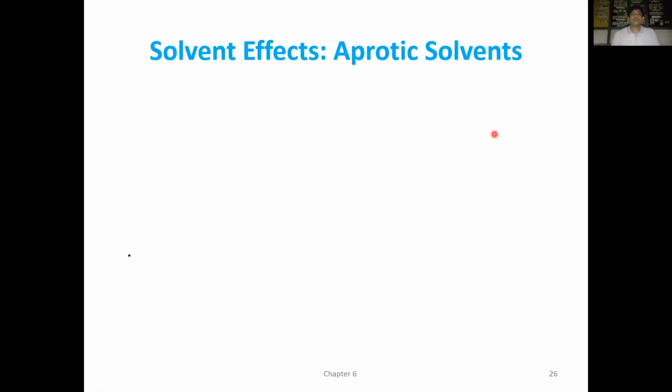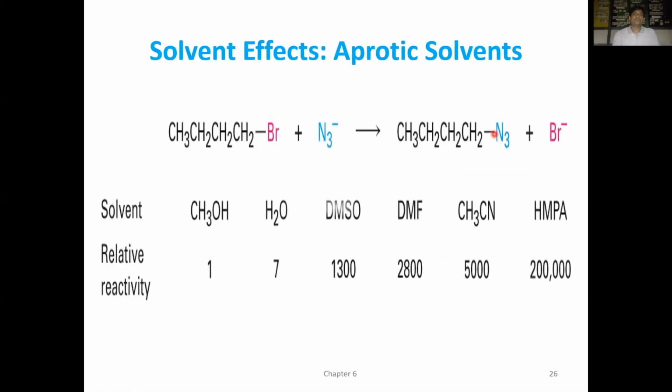These are some solvents. This one is a polar protic solvent. H2O is also a polar protic solvent. In the presence of polar protic solvents, SN2 type of reactions will exhibit a slow rate. These are polar aprotic solvents. In the presence of polar aprotic solvents, SN2 type of reactions have a higher rate of reaction. So polar aprotic solvents are better solvents for SN2 type of reactions.